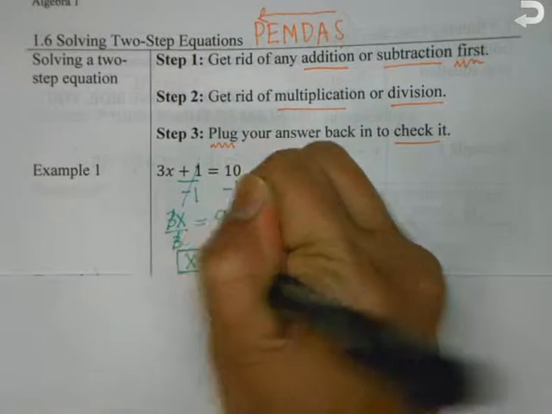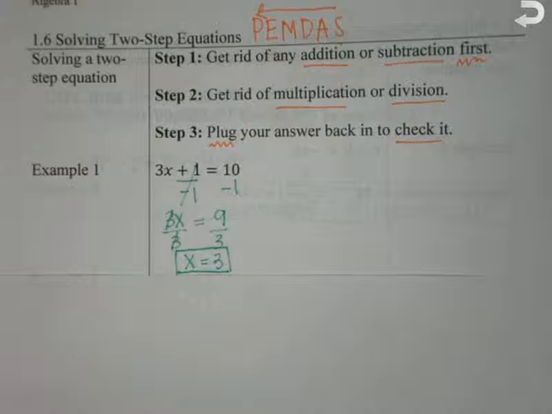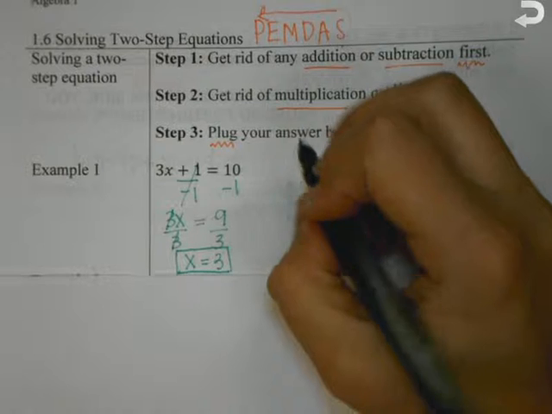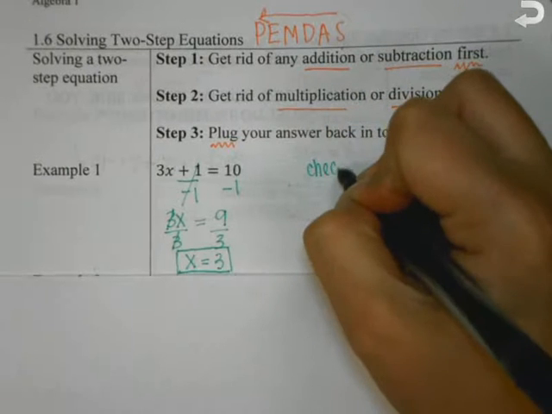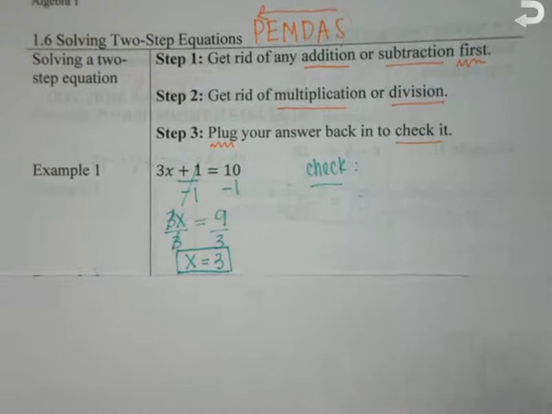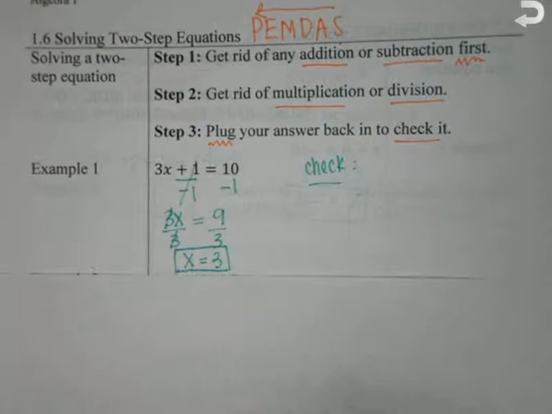Now, of course, we have to check our answer, and it's going to be a lot more important for us to check on the two-step equations than the one-step, because a lot of times the one-step you could just check it in your head, right? With the two-step, we actually need to make sure that we do check. So let's do our check. I'm going to plug it in. So this is 3 times 3